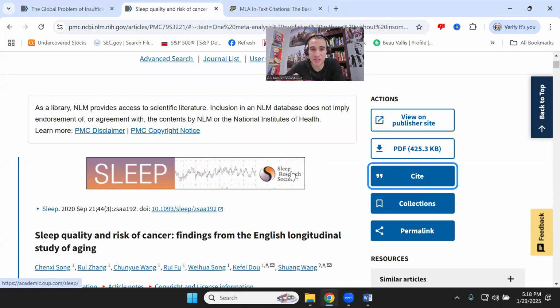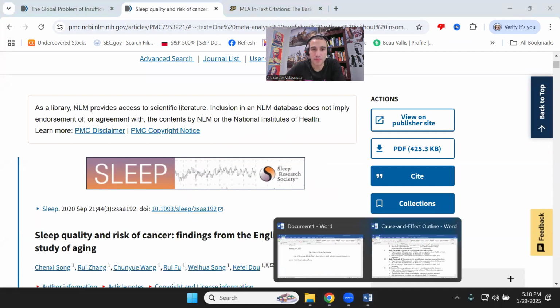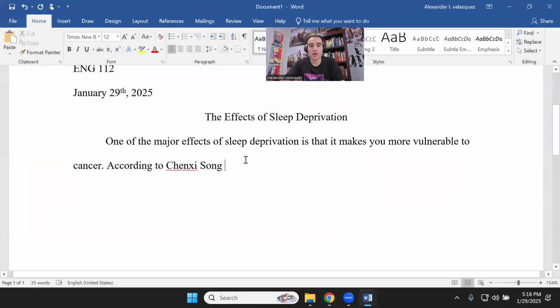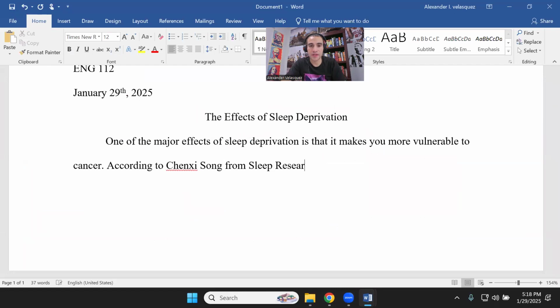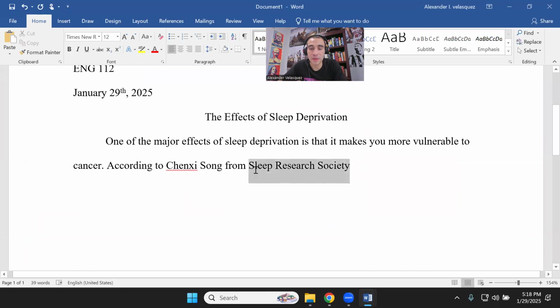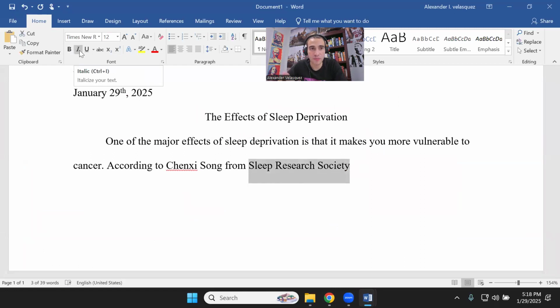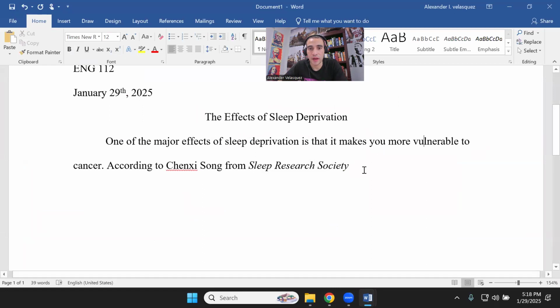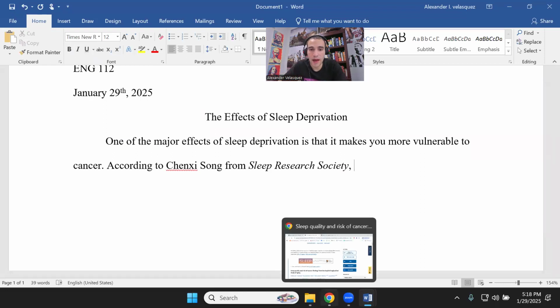Sleep stands for Sleep Research Society. Okay, so I could either say Chen Shi Song from Sleep, or I could say Sleep Research Society. And again, since this is the name of an organization, you have to put it in italics. Okay. So, according to Chen Shi Song from Sleep Research Society,